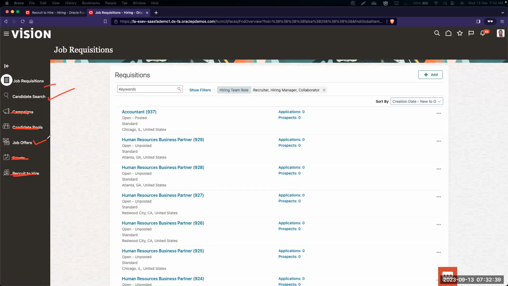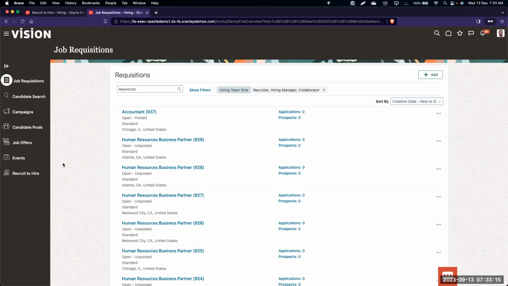But here, this particular user can see everything because this user holds the role of a hiring manager as well as the role of a recruiter. Hence, he can see all the tasks. If you log in as a user with only the hiring manager role, not the recruiter role, you will not see all these extra options. And as everyone knows, Oracle Fusion follows the AND operation for its rules, so that's why they can see some additional functionalities.